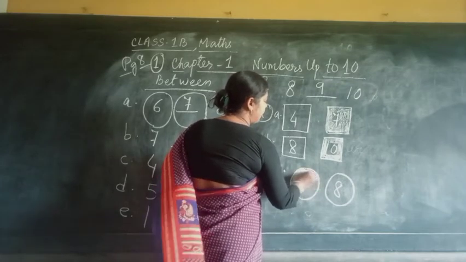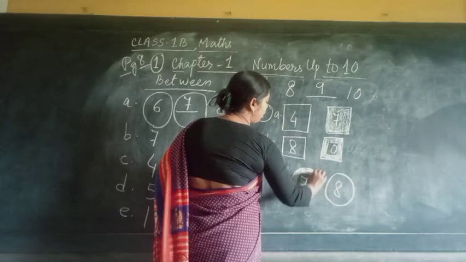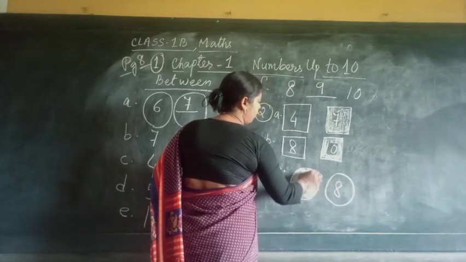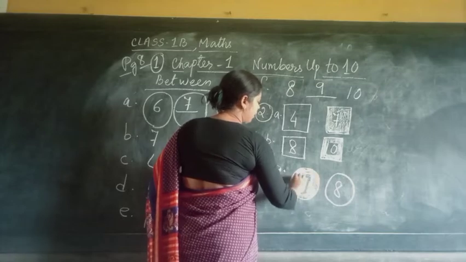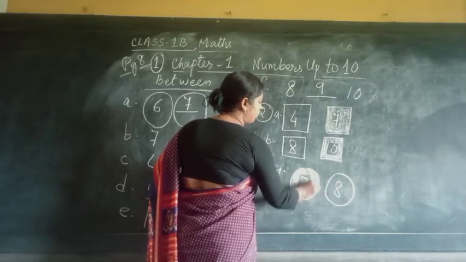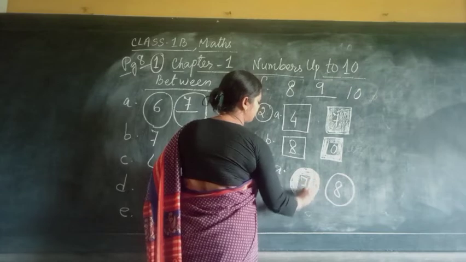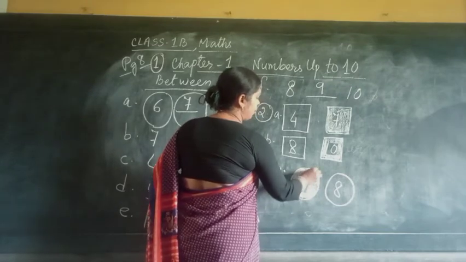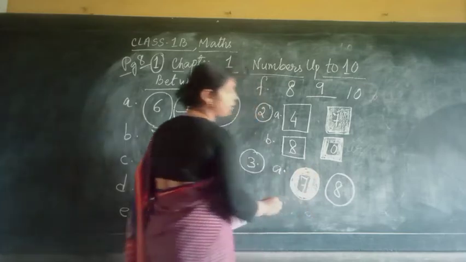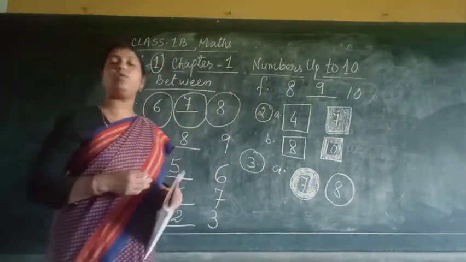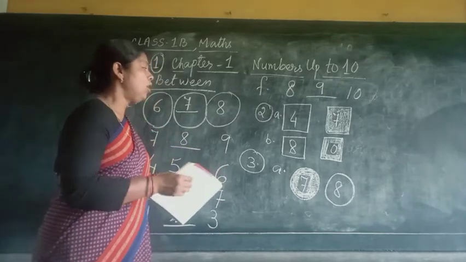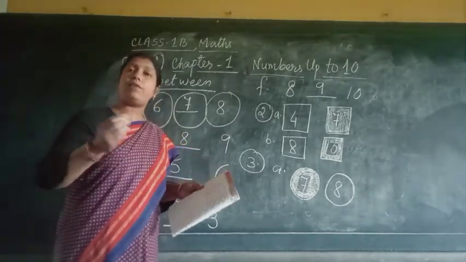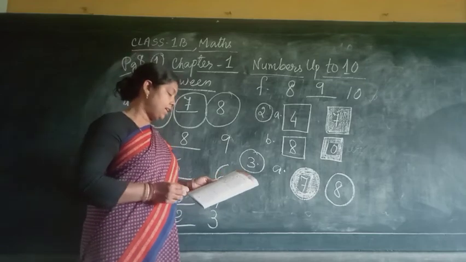Please color it with red. This I gave you as homework in the live class to do. I am showing you now how to do it. You color it with red. Do it yourself. Try to do all these things yourself. How you color, no problem. But the main thing is that you have to do it. You have to practice all these things. So 7 and 8, which number was smaller? 7 was smaller, so 7 we have colored red. Next one you see